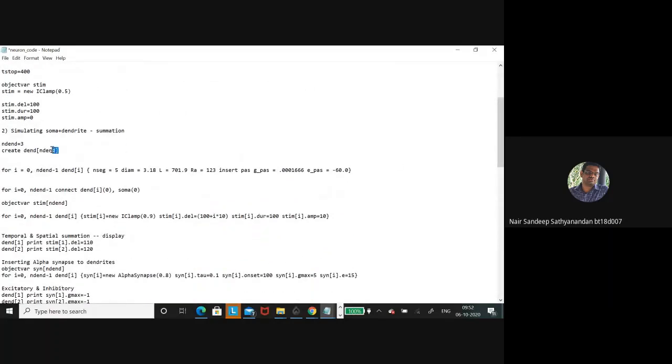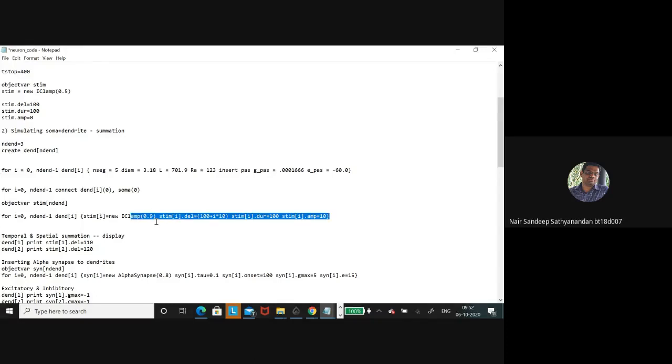So you can see that here, if you have to create dendrites, you put the number of dendrite variables in the brackets, just like how you define an array. Then for i equal to 0 to n minus 1, you define those particular parameters. In this case, the same parameters get applied to all the dendrites. If you want to modify one, you can go to that particular section, use the dot operator, and modify the parameter. And this is the for loop to apply the stimulus.